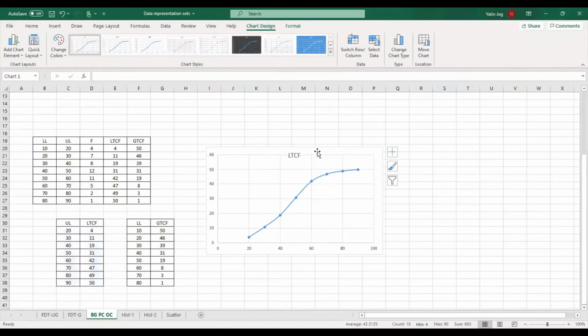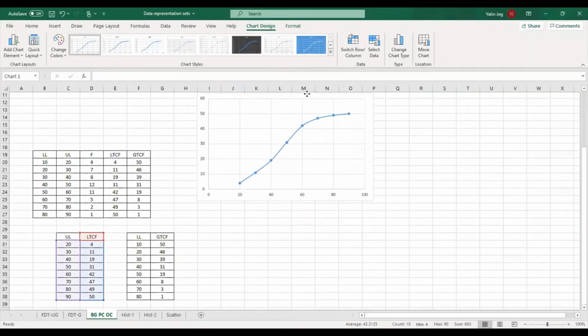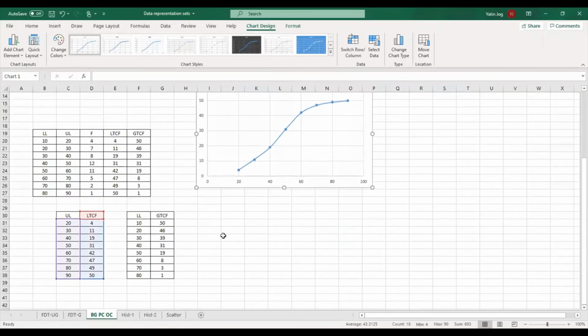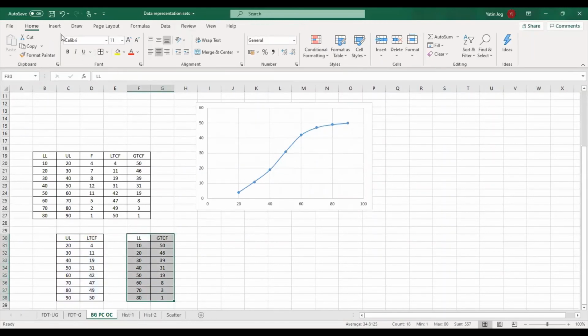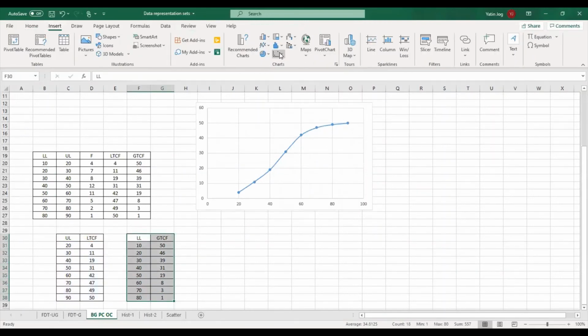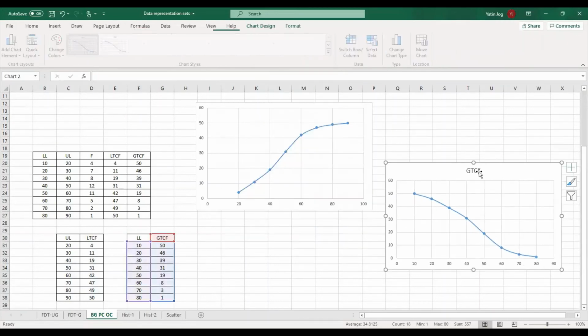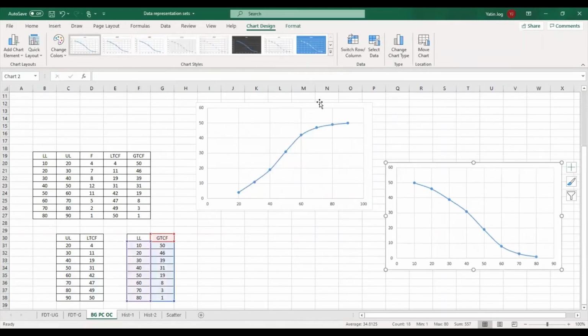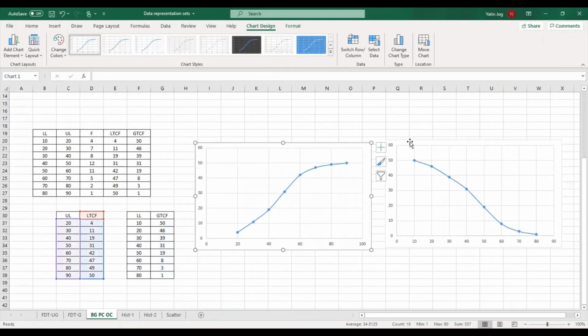This becomes your less than cumulative frequency Ogive curve. Similarly, you can draw a greater than cumulative Ogive curve also. For that, select these two columns, insert, and go to the line chart. So this is how you can draw the less than and greater than cumulative frequency Ogive curves.